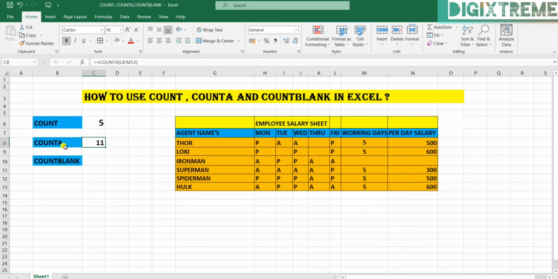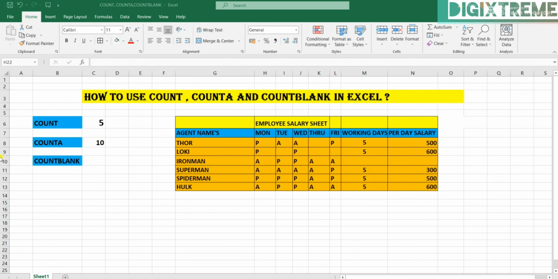In COUNT only numbers will be considered, and in COUNTA your alphabets will also be counted, but it will not count the blank cell. You can see if I delete this P, then it will go to 10. So this is the difference between COUNT and COUNTA. Alright guys, I hope I'm able to make you understand it in a better way with the examples.